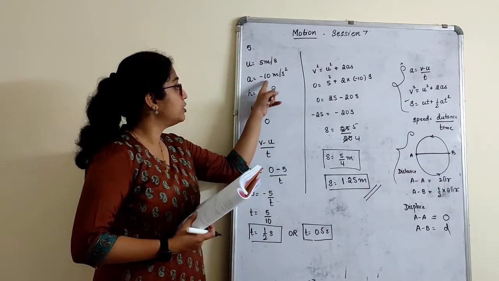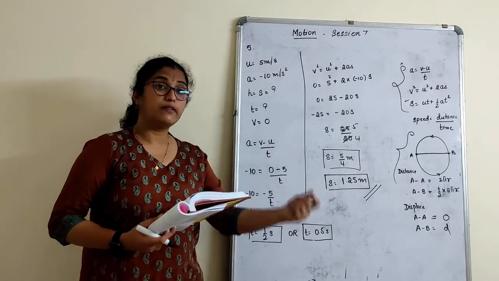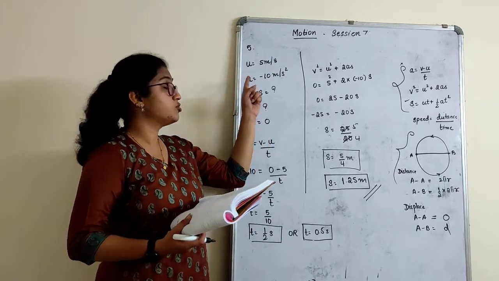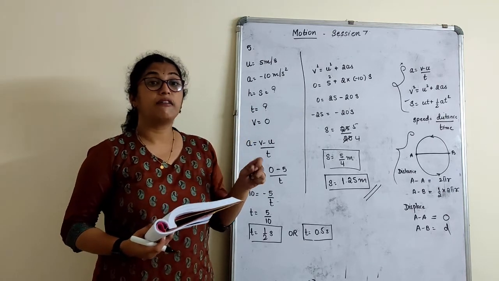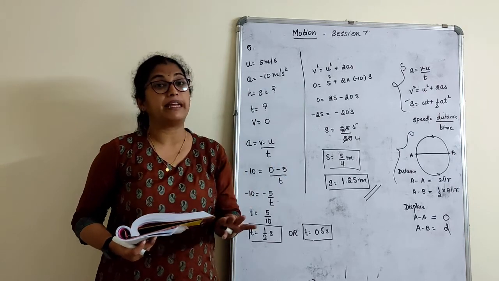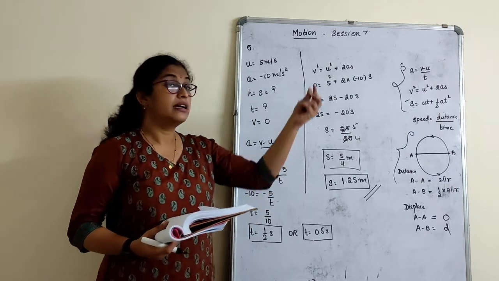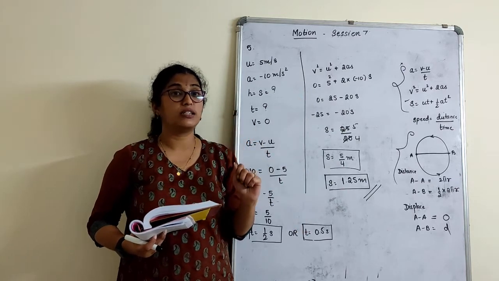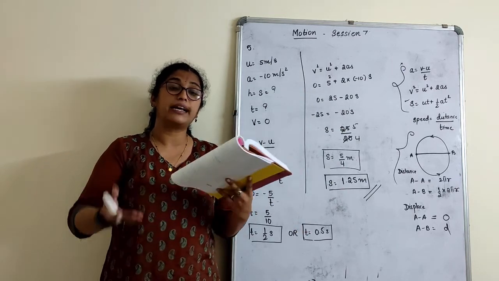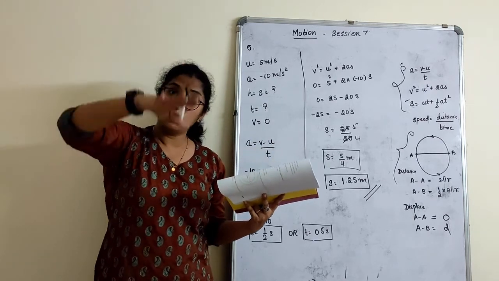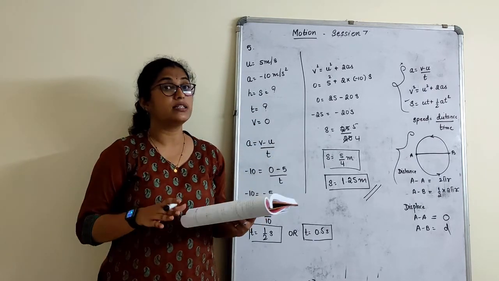Be very careful in choosing A here. For a body which is thrown up, children, always remember if acceleration is given, it has to be minus. Or if we have to find acceleration in such a case, the acceleration answer will be in minus. Remember this one thing. For a body which is thrown down, I mean it's falling down, acceleration is plus. Anything which is thrown against the gravity, acceleration is minus. Anything which is thrown towards the gravity, acceleration is plus.